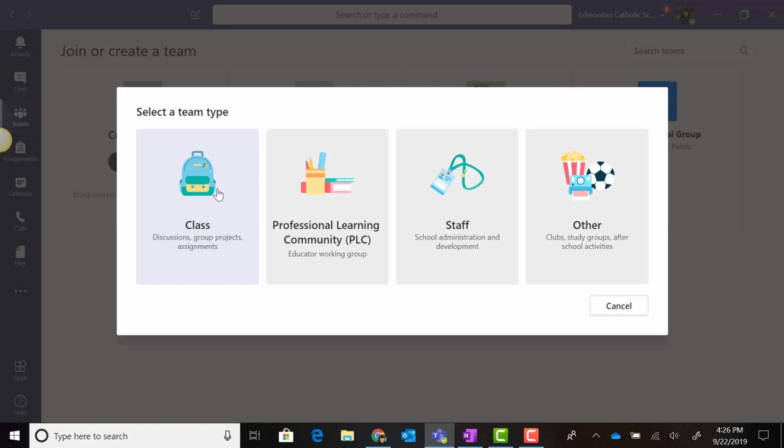Though it contains all of the same features as a PLC team and a staff team, one added feature in a class team is the Assignments tab. In other words, you have the ability to assign work similar to a Google Classroom. You can also assign assessments through Microsoft Forms and grade content submitted by students and store all of this in